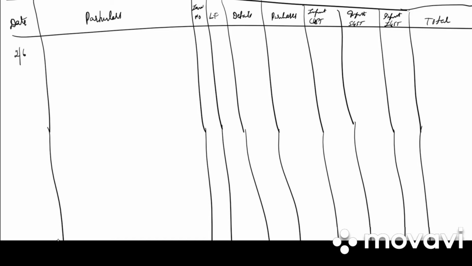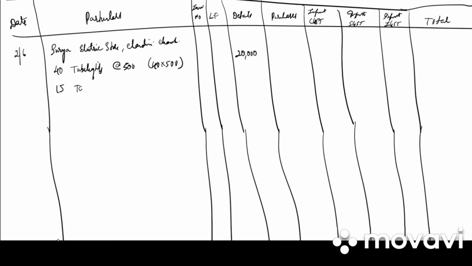So for 2nd June, we need to write the name of company, that is Surya Electric Store, Chandni Chowk. Under that we have 40 tube lights at 500. So it is 40 into 500. In the details column you'll write 20,000.